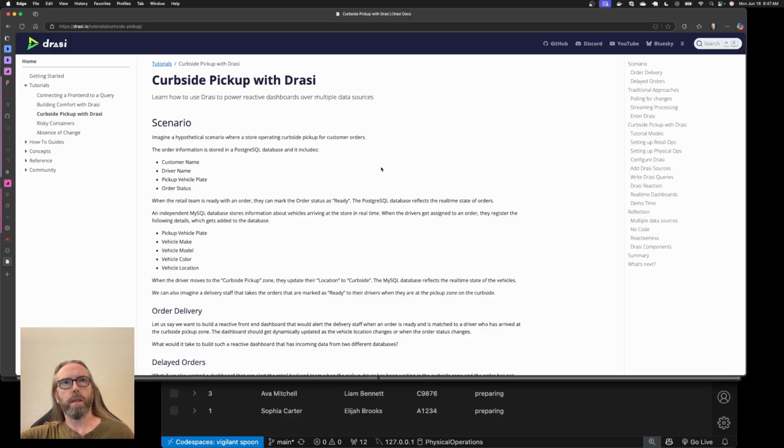So this is the curbside pickup tutorial page on the Drasi documentation site. You can see by the menu structure on the right-hand side, it's quite extensive. It begins with an overview of the scenario like we've talked about already. It talks through traditional approaches that one would use to implement a change-driven solution for this scenario without using Drasi. And then it has a step-by-step tutorial for how to implement the curbside pickup scenario as a change-driven solution using